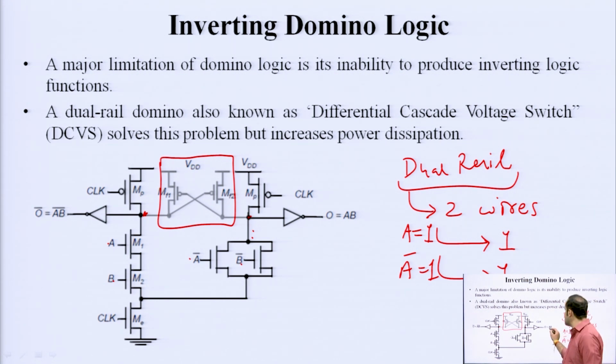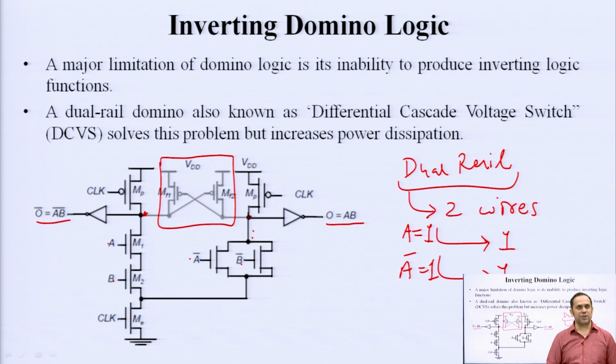Okay. So, if we are, suppose, implementing an AND gate, a simple domino logic is going to be non-inverting, it is going to give you A dot B. Okay. If you want the complement of it, that is what you are going to get from this end. So, this cross coupled differential connection, with this circuit in the middle for extended pre-charge time, is going to provide you both inverting and non-inverting outputs, and it is going to accept both inverting and non-inverting inputs. Okay. That is why it is known as a dual rail domino logic, also known as a differential cascode voltage